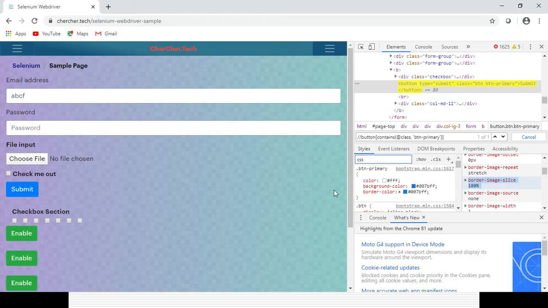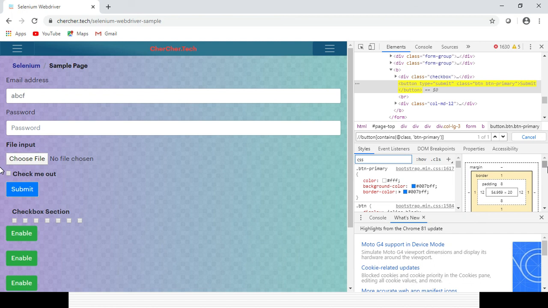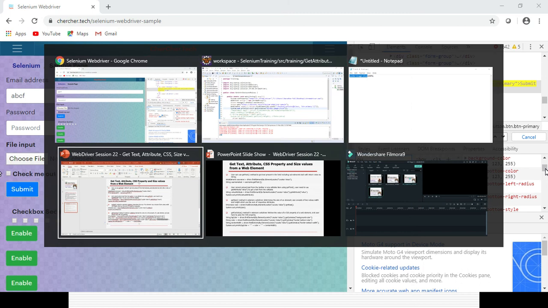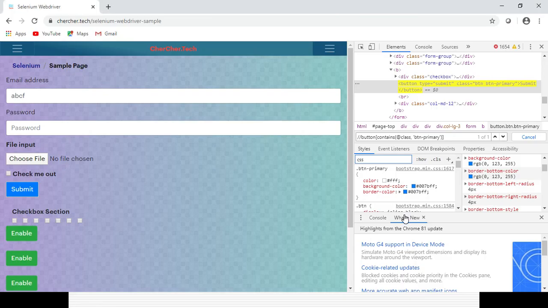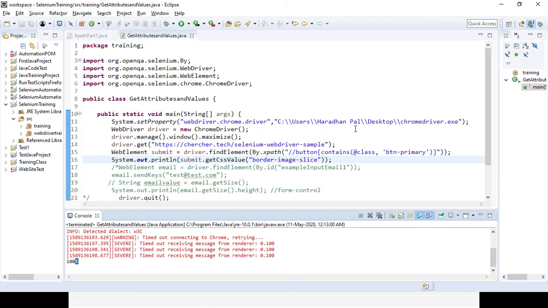So that's why after identifying any element, you can get all the CSS values here, right? All the margins, borders, size, and all the CSS values, background colors, right? If you want to change it to background color, you can also get it, right? I already mentioned the background color, the border bottom color, background color, whatever you want to get. Suppose you want to get the background color, so it will be displayed like that, right? RGB 0 1 2 3 1 2 5 like that.